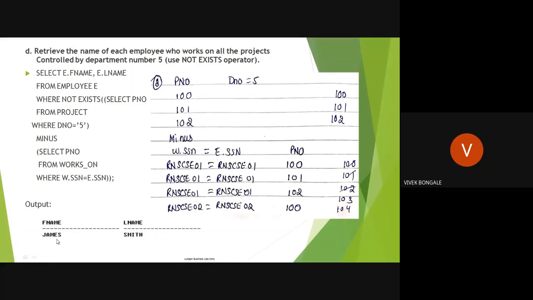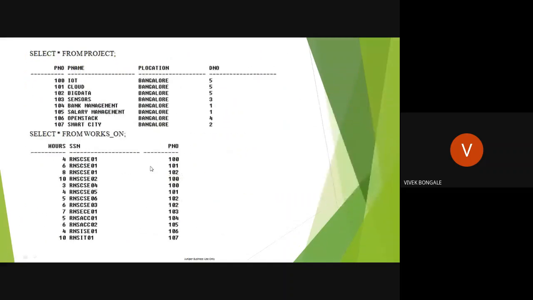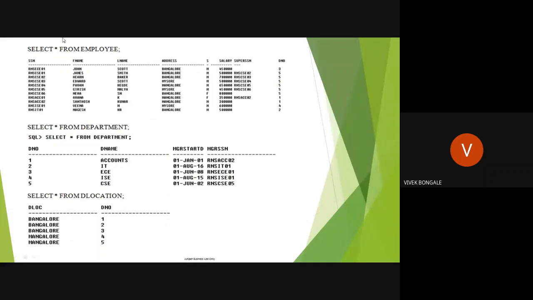Who is that? James and Smith. How to find that? For all three, you have the same SSN number. This SSN number belongs to whom? James and Smith, working in department number